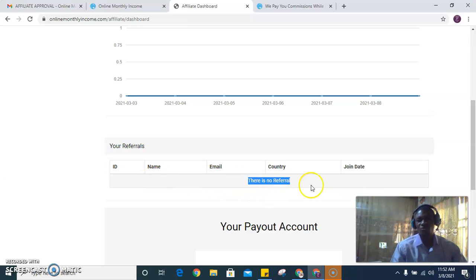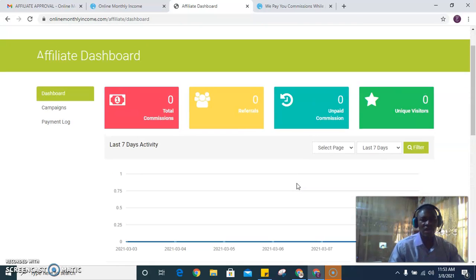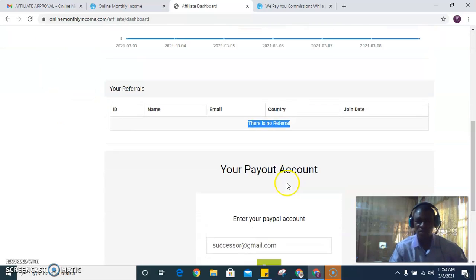And imagine once you have them here, they are forever and forever your downlines and your referrals. So whatever action they make, whatever purchase they make, you are going to get the commission assigned to you over and over again for as long as the platform remains. So that's all about that, how to